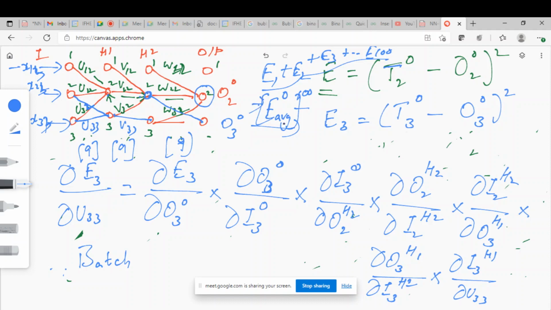Back propagation may not be sufficient for one iteration. You may have to do it for several iterations. Back propagate, and finally when the error becomes 0 or very small, you stop. If you do that, that is called stochastic gradient descent. But sometimes the input may be very large. Say the input contains 1000 entries or 10,000 entries or 1 lakh entries. Then taking the error for all at a time may take a long time.